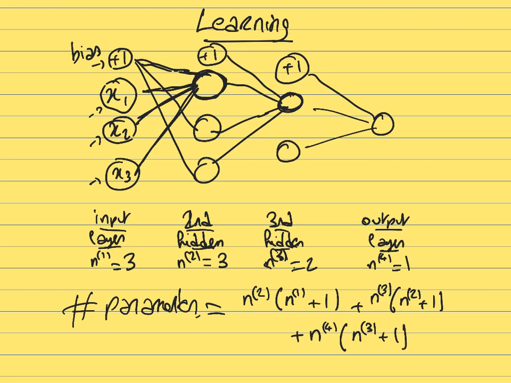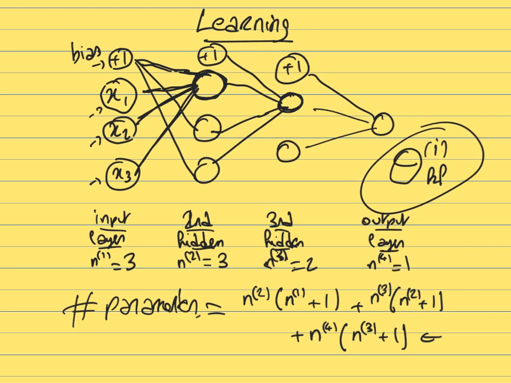So at the end it gives you a pretty high number of parameters. You can easily get hundreds or thousands or even millions of different parameters theta. So here when we say parameters, we're talking about all those parameters theta between each layer and between each pair of neurons. Those are the parameters that need to be optimized.